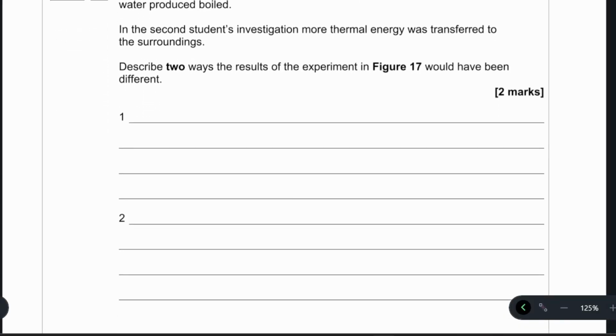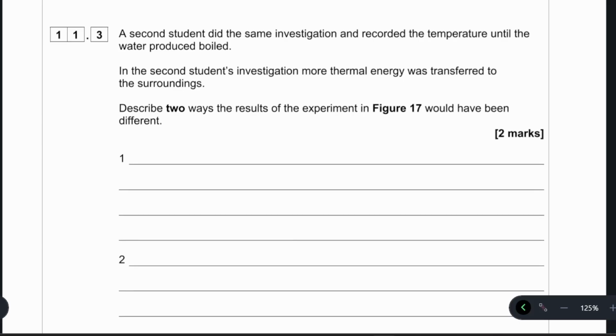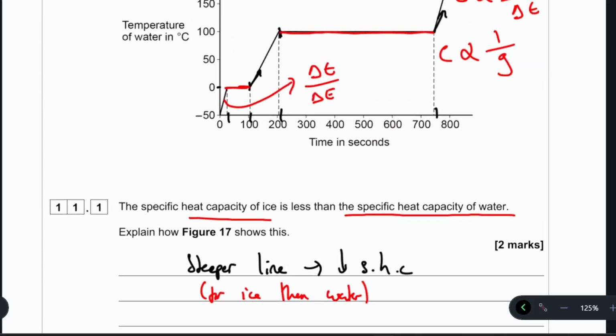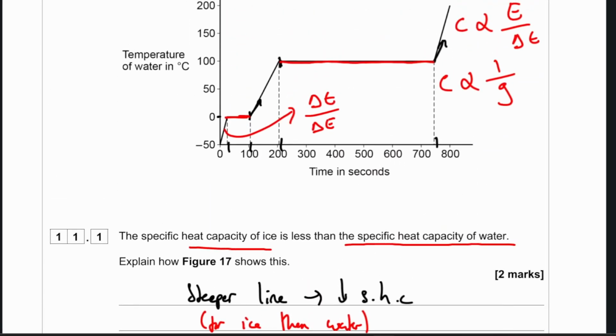A second student did the same investigation and recorded the temperature until the water produced boiled. In the second student's investigation, more thermal energy was transferred to the surroundings. Describe 2 ways the results of the experiment in figure 17 would have been different. Well, if you're transferring more energy to the surroundings, that means that less energy is actually being supplied to your ice or your water. So what you'd have is that your gradients would be less steep, and your